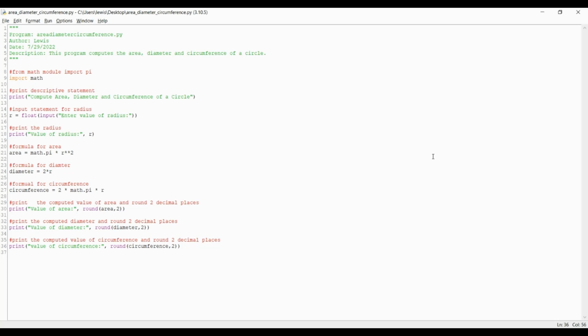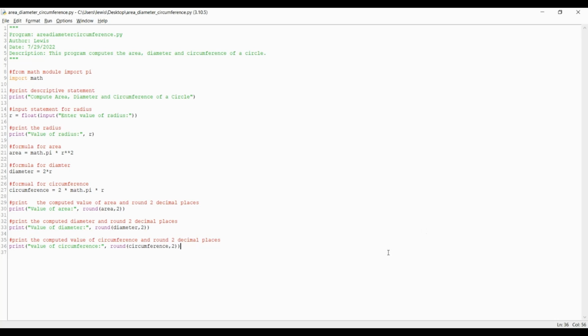The print statements are used for the output of variables and text strings. These output statements write the value of one or more variables to the output device. The round function returns a floating point number that is a rounded version of the specified number, with the specified number of decimal places. Okay, now if you remember earlier, we have to test the program for correctness, so let's